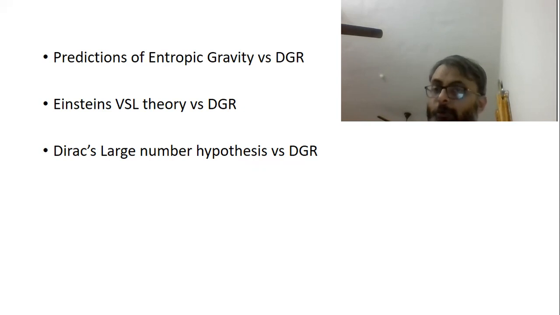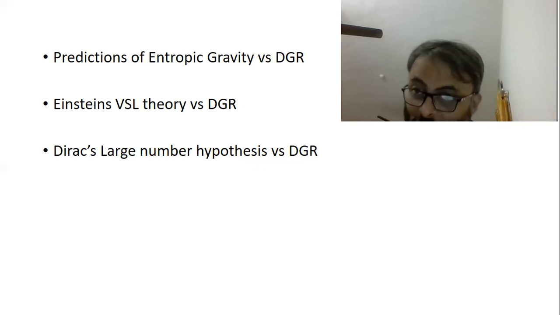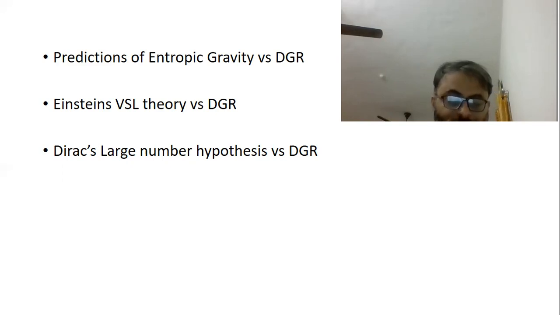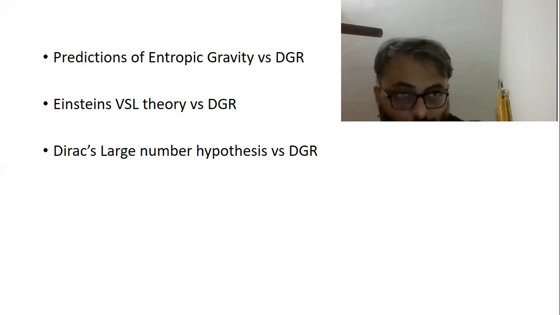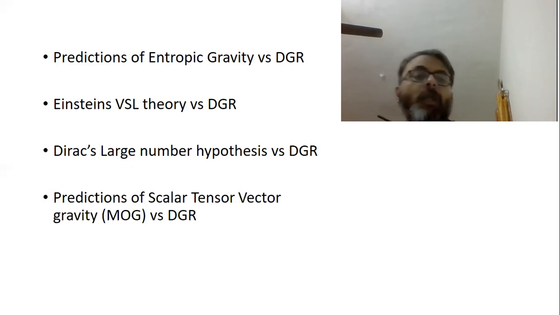So this G could basically be Mondian gravity of the entire universe, which is acting on the two gravitating objects, pulling them apart. So it's basically an anti-gravity effect of the Mondian gravity, which is okay with DGR. So DGR does predict that, and at least a few of them are pretty much in line with DGR. So dynamic general relativity is in line with at least some predictions of Dirac's large number hypothesis.